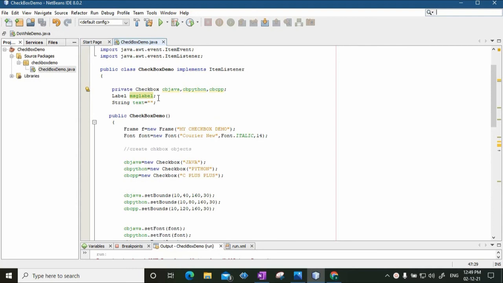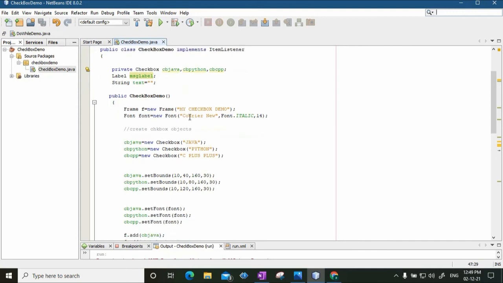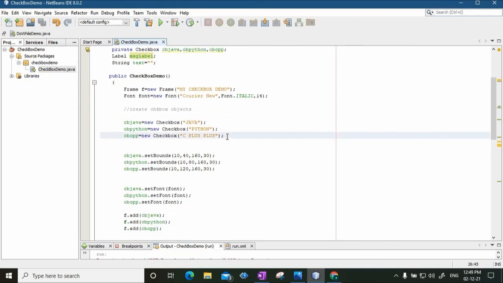So based on the events happening on the checkbox, the moment you check or uncheck a particular checkbox, that event should be recorded, and a string should be printed on the message label. So this label also should be present on the frame. So we will just add the label.